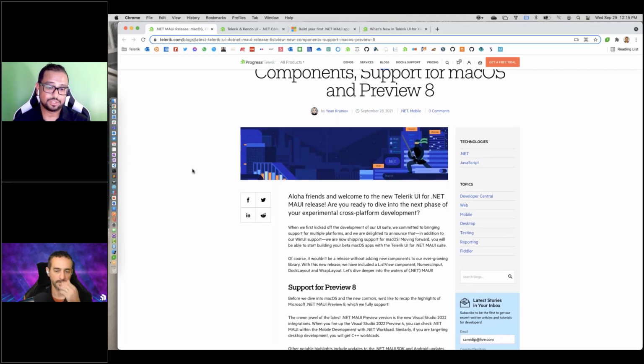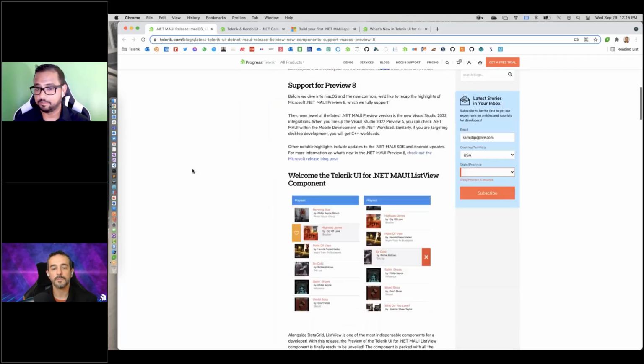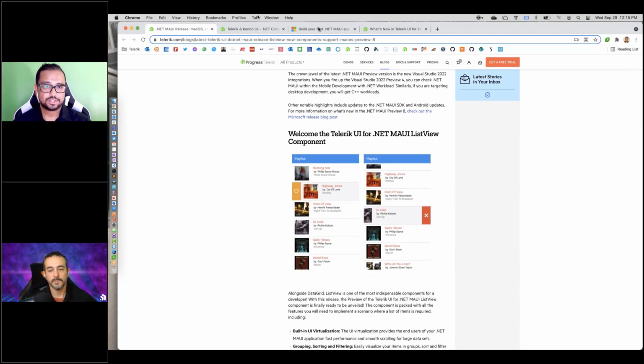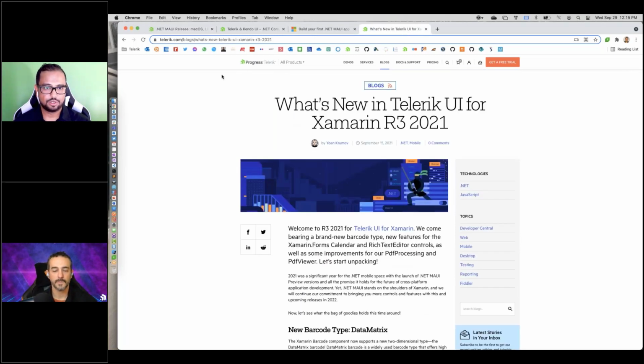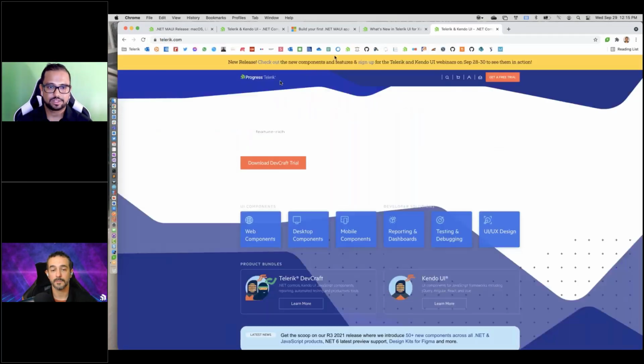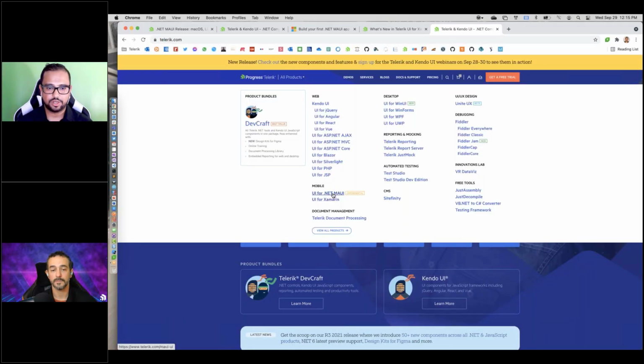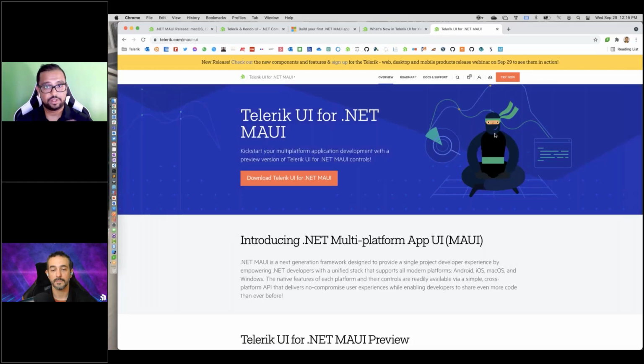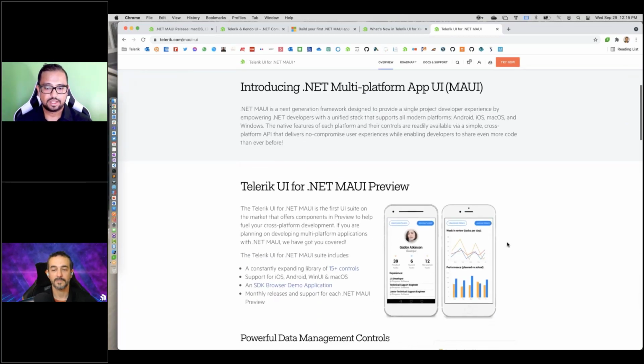So you can see that we now support preview 8, and there are a bunch of new things we're adding. Let's actually go over to Telerik.com, and I can show you where things are. So you drill down here to .NET MAUI, and everything is open for you. It's an open preview, so hit that try now button and you will get all of the bits,